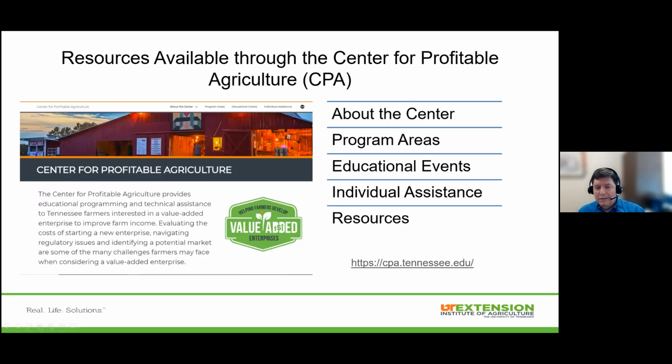I want to take just a few minutes to guide you through some of the resources that we have here at the center. I want to do that by going through our website a little bit. We've changed some things on our website a little while back. If you haven't been on it, hopefully this will guide you through some of the resources that we have on our website. I want you to know, first of all, our address,